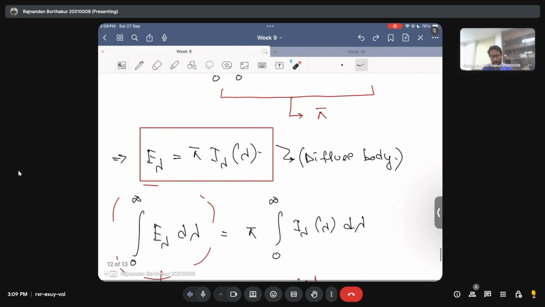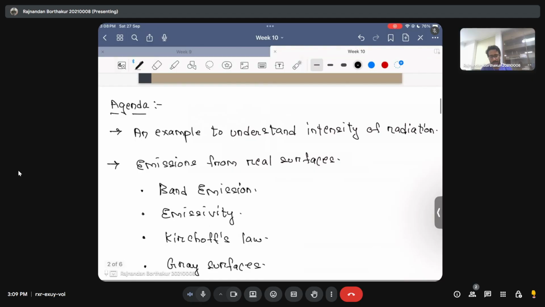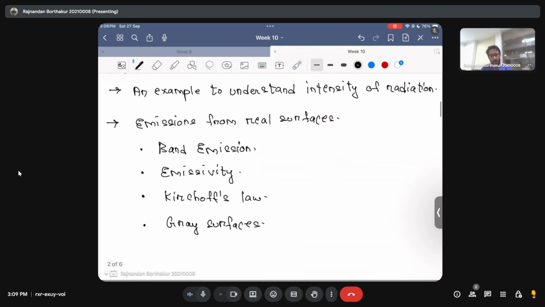Okay, and that's all what we did in the last class. Now, for better understanding, what we will do today in this week is that we will start off by solving a problem involving this emission or this intensity of radiation. And once we are done with solving that problem, we'll then move into the emissions from real surfaces, because so